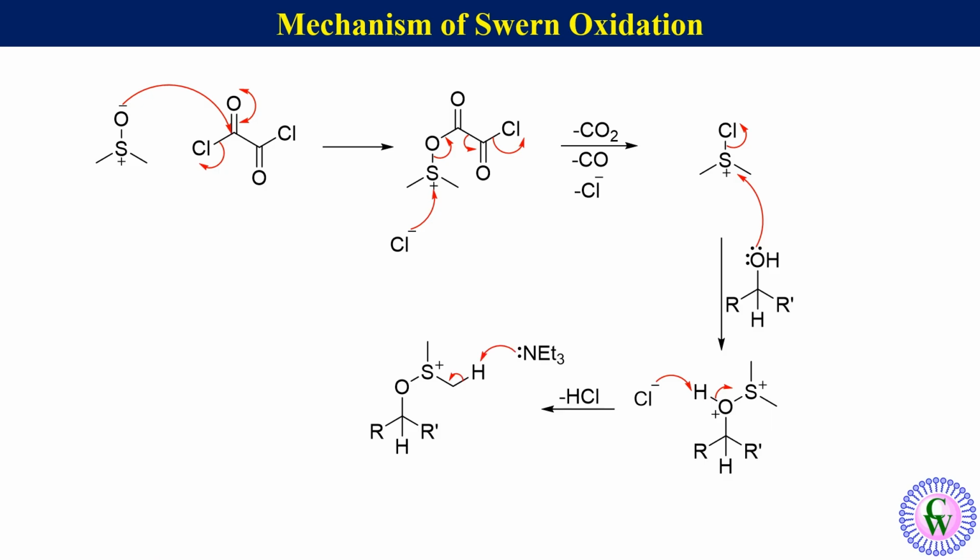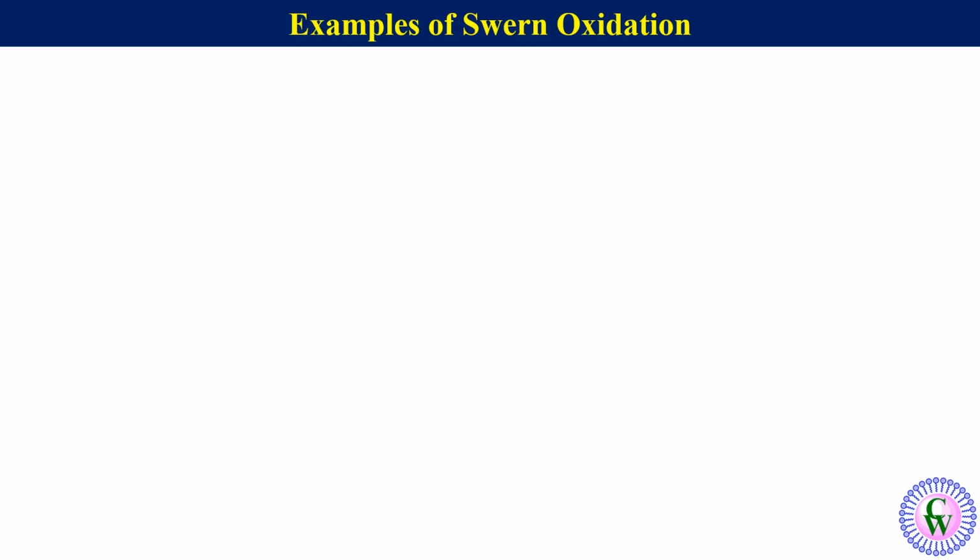Triethylamine abstracts this proton to produce sulfonium ylide, which undergoes intramolecular proton abstraction like this, eliminating dimethyl sulfide to produce aldehyde or ketone. Examples of Swern oxidation: